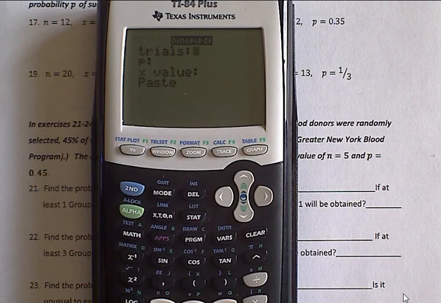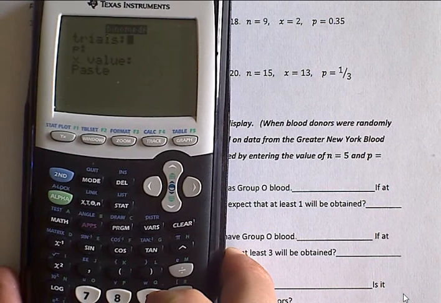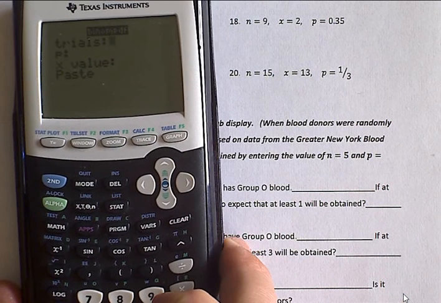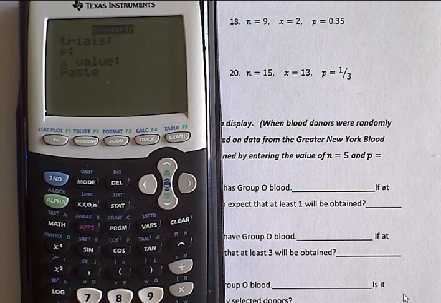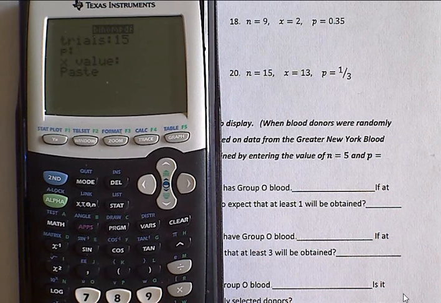It asks for the number of trials, the P, and the X value. So on question number 20 then, I know that my number of trials is N. So I type in 15, enter. P is 1/3, so I can type that in as 1 divided by 3, enter. And my X value is 13,